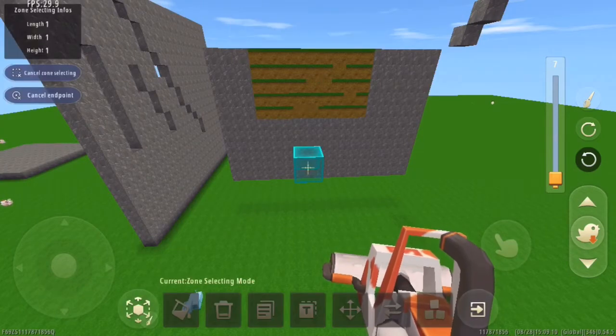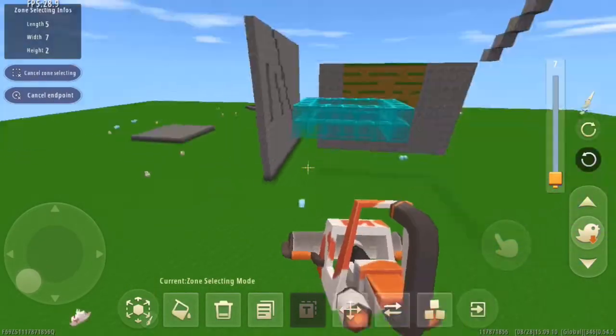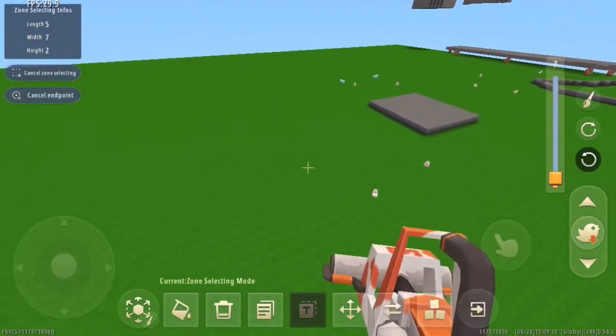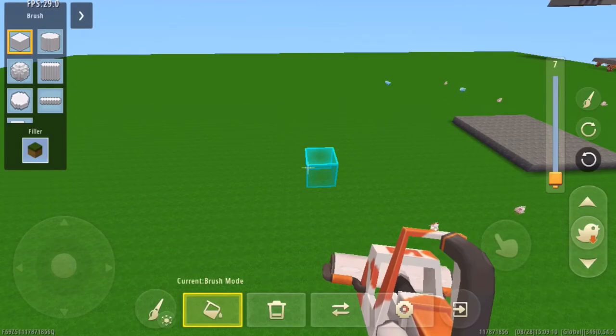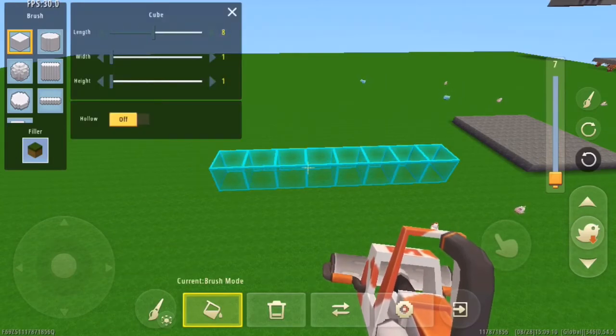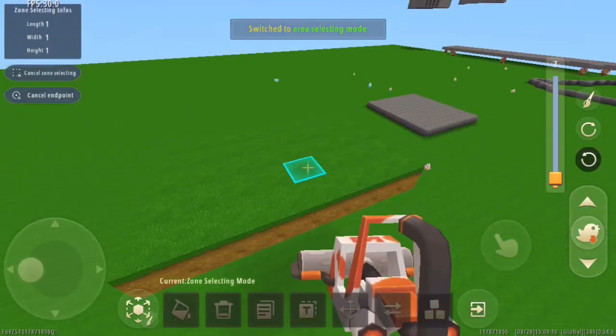Next up we have this menu. So basically what I'm going to do is I'm going to make just a little box here, a little platform. Just like that.